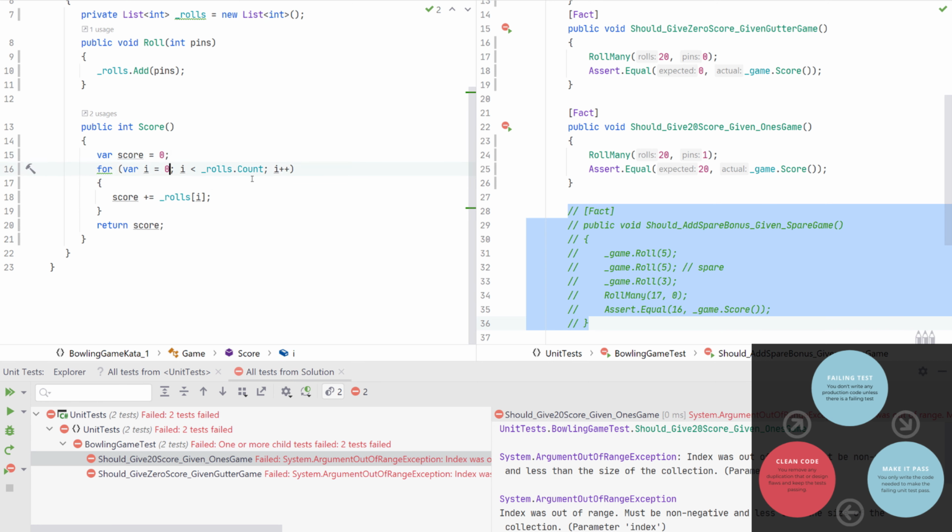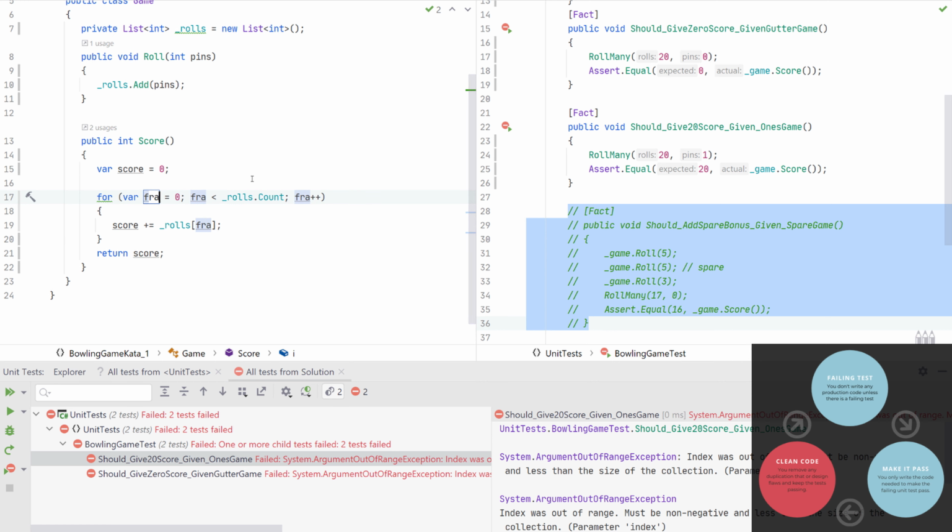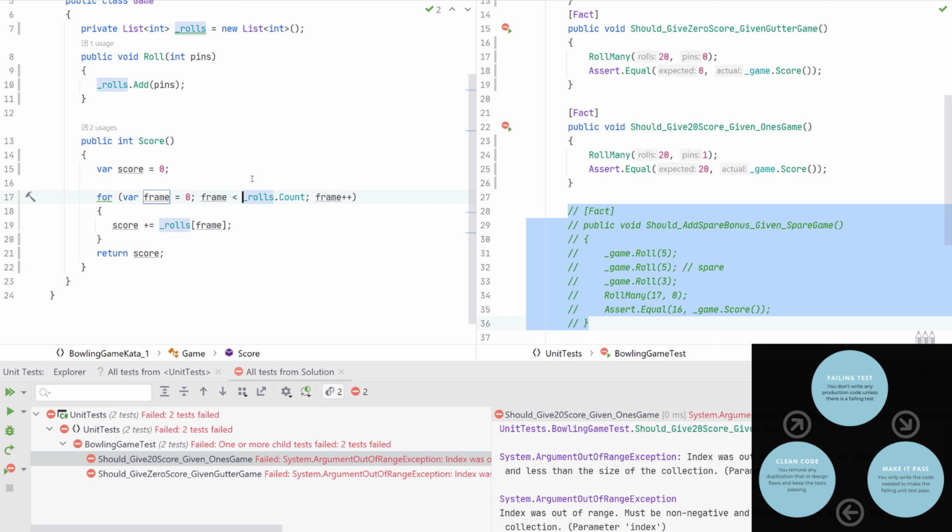So instead of looping on the rolls, I want to loop on the frames. So what I'm going to do is first rename this variable to call it frame. And then we're going to say that we want to loop 10 times because we have 10 frames.